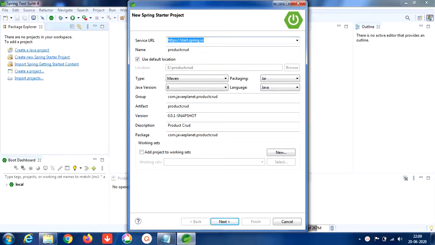Let me discuss how to perform CRUD operations in Spring Boot using RESTful API. Let me start creating the Spring Boot project. Here I am giving the Spring Boot project name as product CRUD